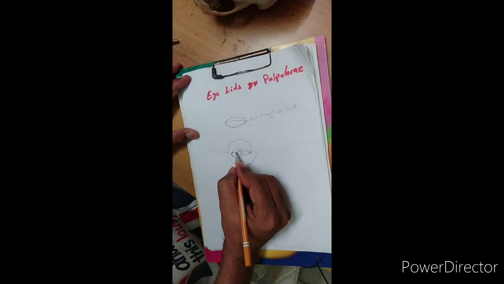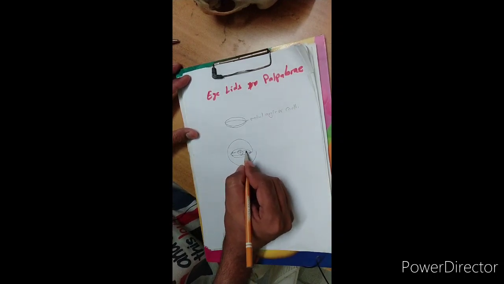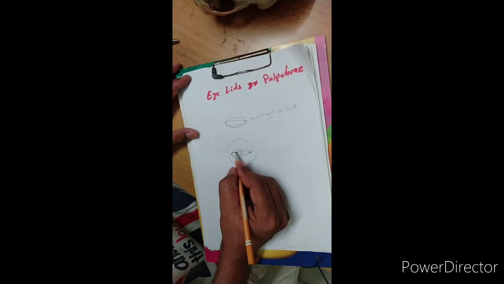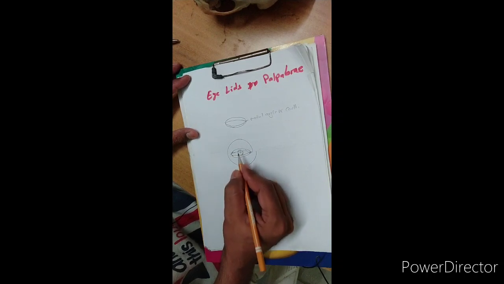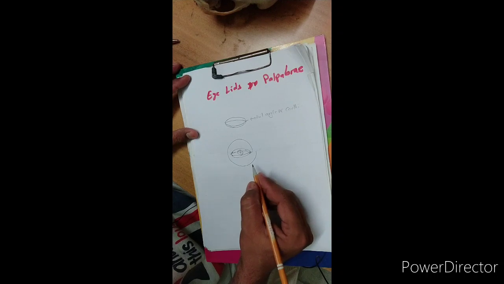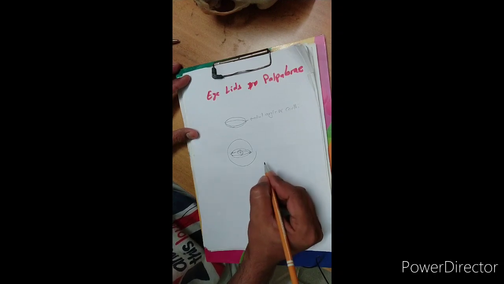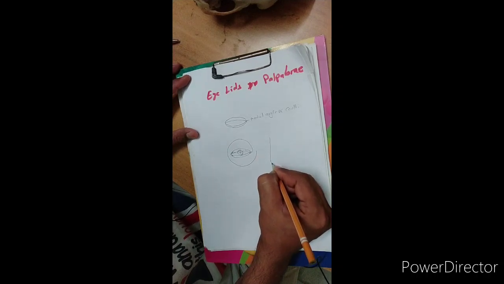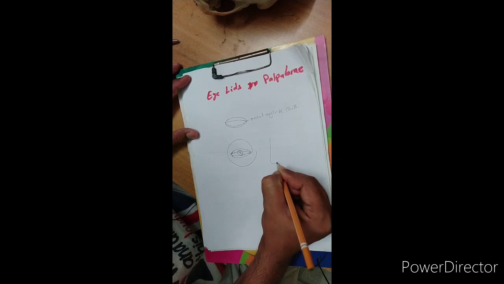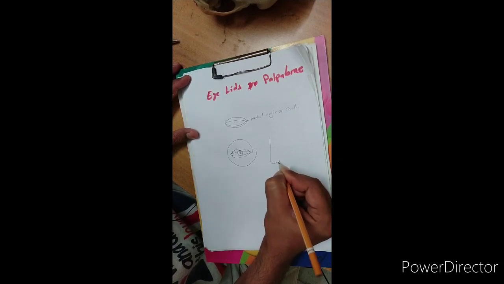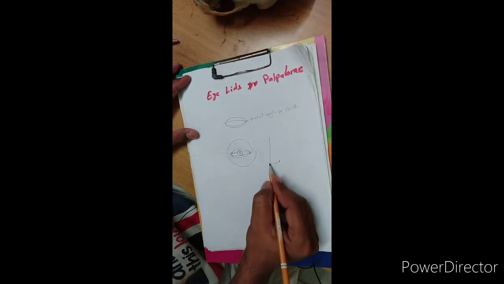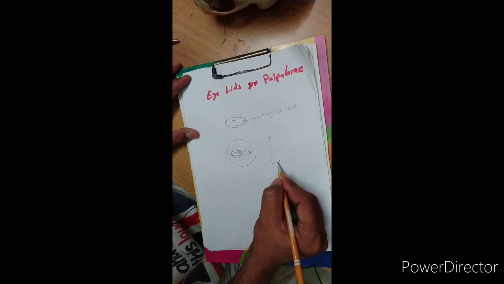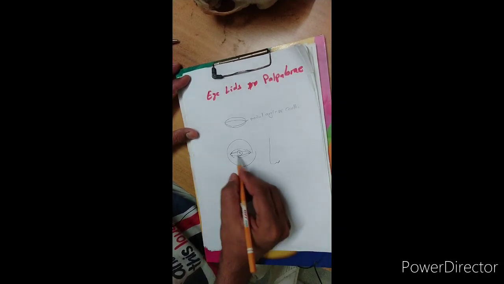Now, each eyelid is divided into two parts: the lateral 5/6 part here, and the medial 1/6 part here. The lateral 5/6 part of each eyelid has an outer border, which is rounded, and an inner border, which is sharp. Suppose this is the sagittal section. So this is the outer rounded border, and the inner border is the sharp border.